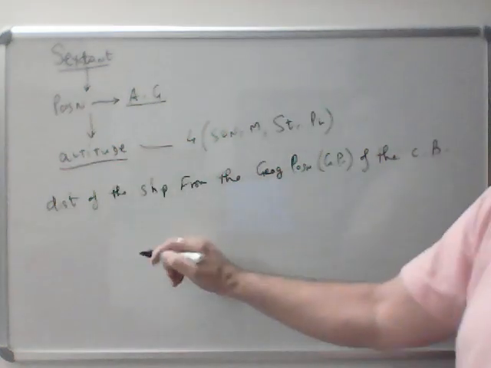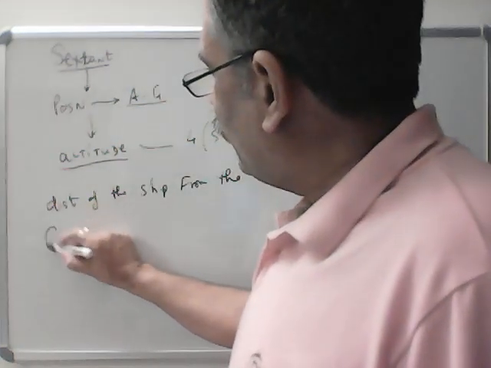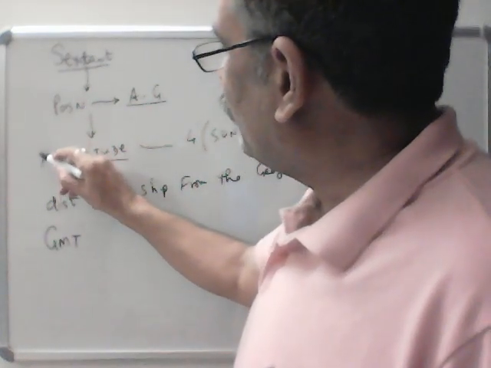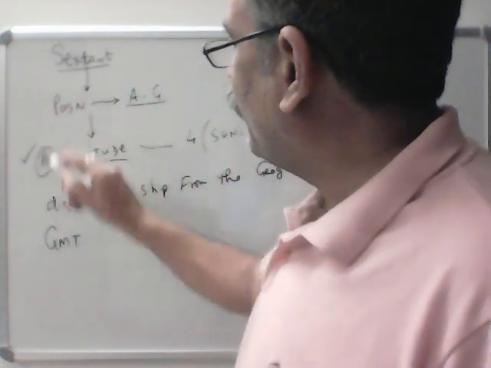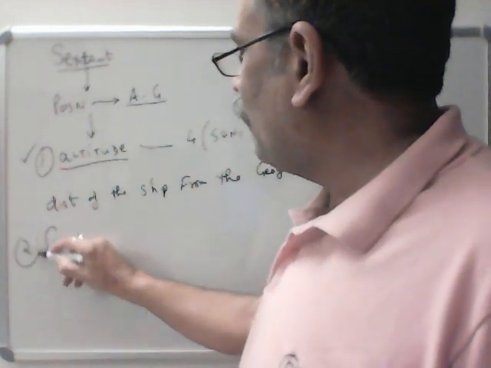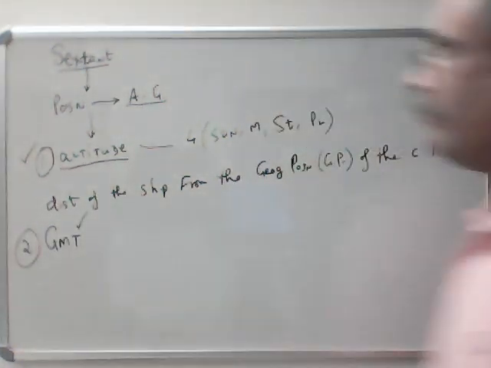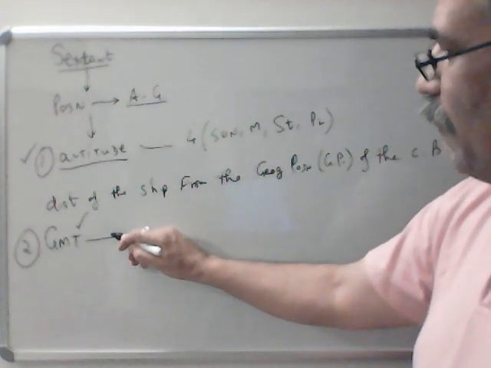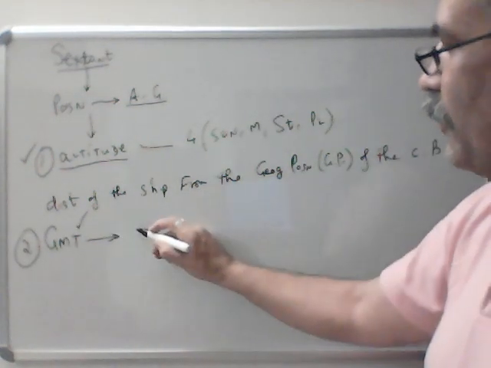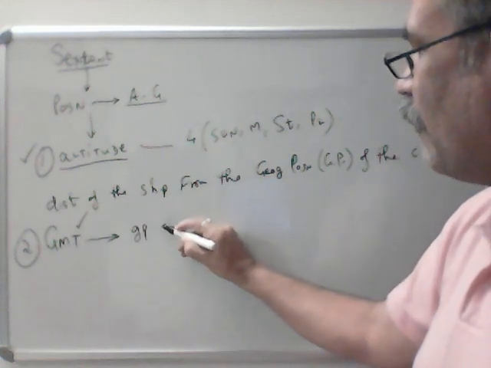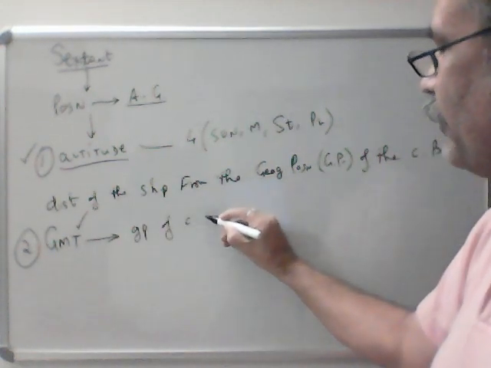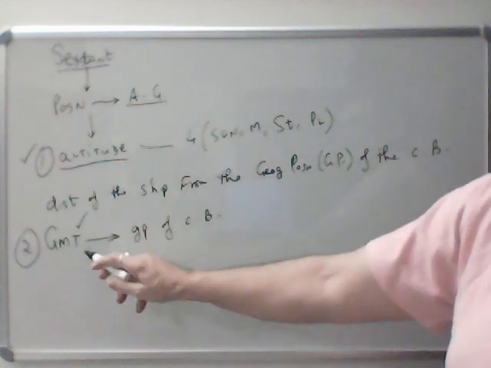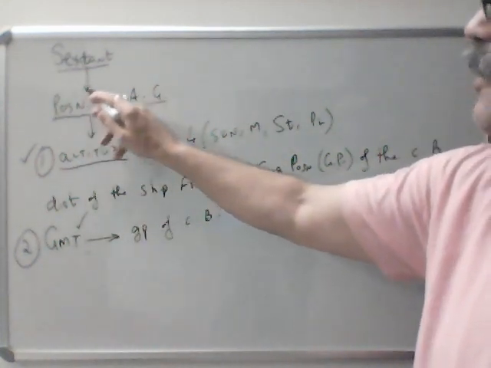When we take the altitude, we also have to note down the Greenwich Mean Time. So, two things we have to do simultaneously: measure the altitude and note down the GMT. GMT will give us the geographical position of the celestial body. So from these two things, we can find out the position of the ship.